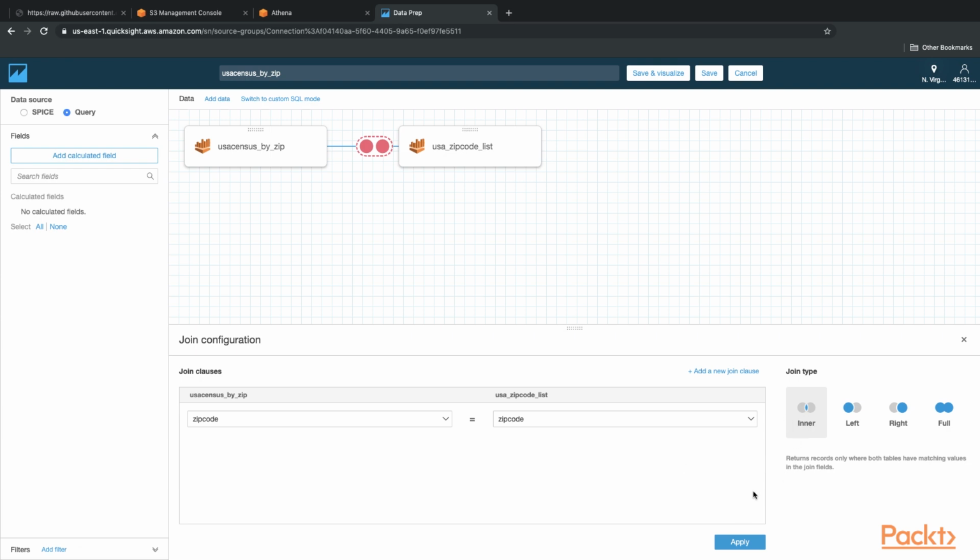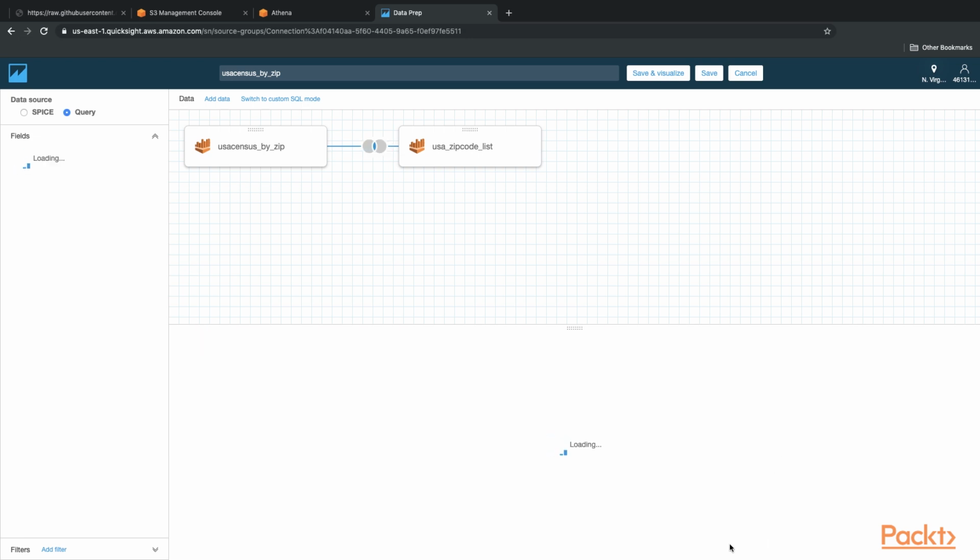And once I apply this, I do have the option to use the left, which returns all records from the left table, and then only the matching records from the zip code list table, which is on the right. Now, this is useful in scenarios where you want to bring in records that don't have a proper mapping in the zip code list table. But in this example, I'm going to stick to the simple inner join, which means it returns only data that matches by the condition and have data sets that exist on both sides. So once I apply this,